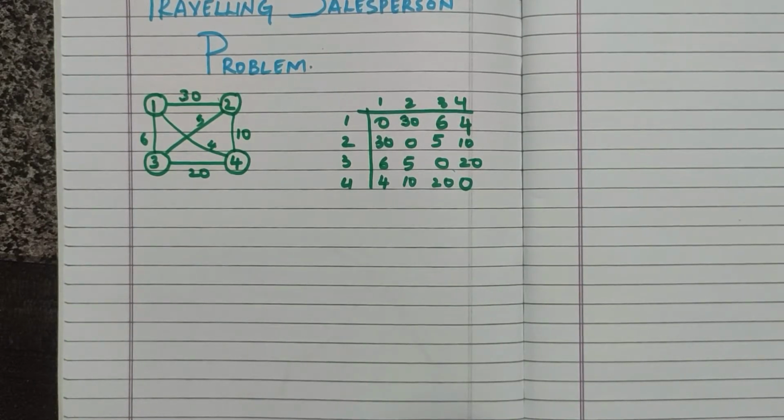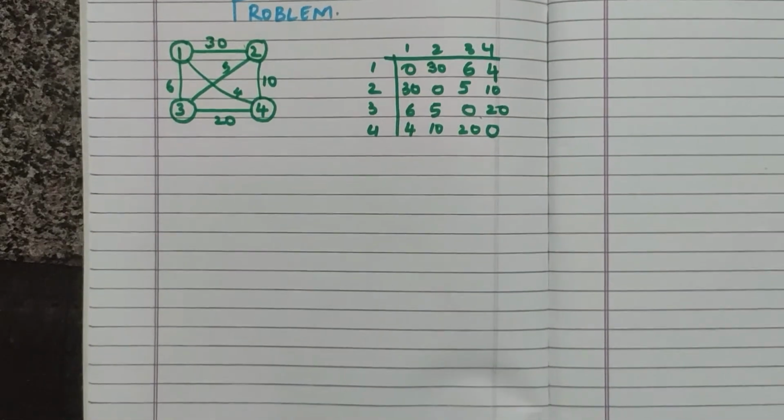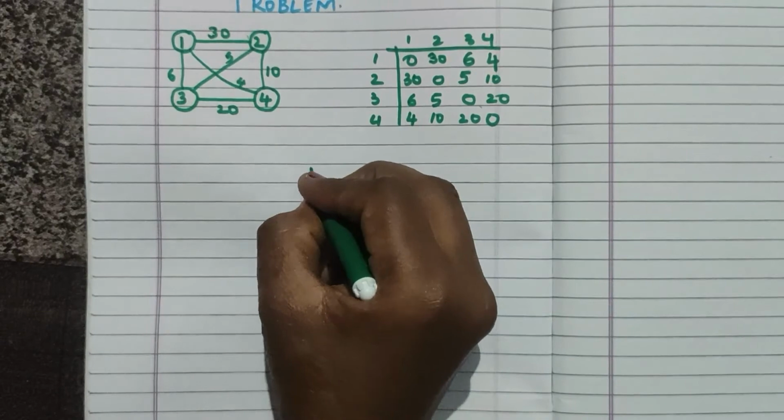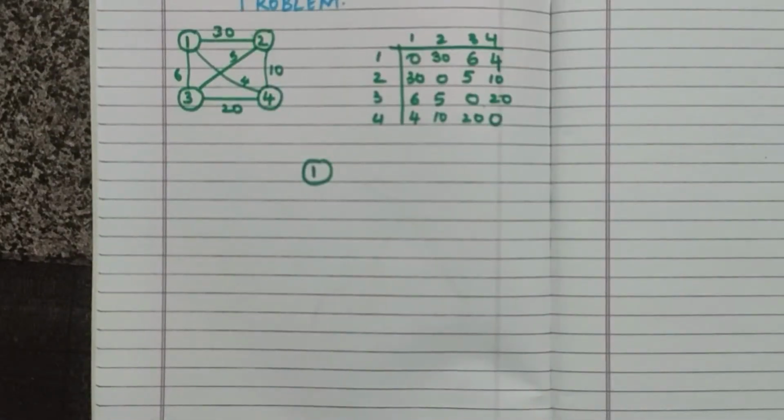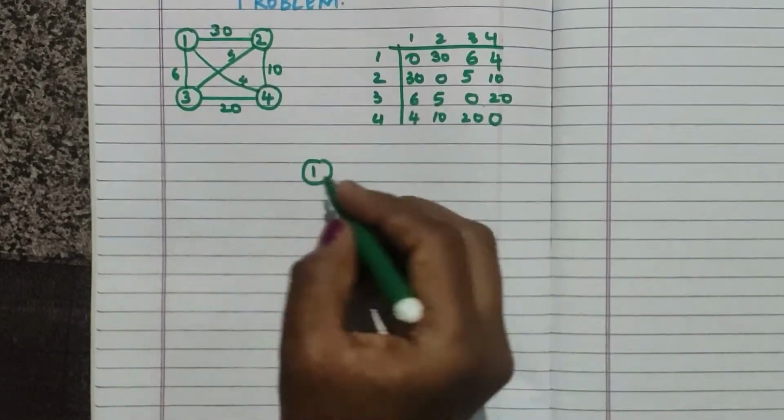Here I'll be teaching 2 methods. One we will solve using the spanning tree, and another we will solve using the formula. So let's learn how to solve using the spanning tree. First I'll be starting with node 1. Remember what the traveling salesperson is. Whenever a person travels, you start from your source, you reach your destination and then again return to your source. So this is how the traveling salesperson works. You have to start, reach the end node and then again go back to the first node. So I have node 1.